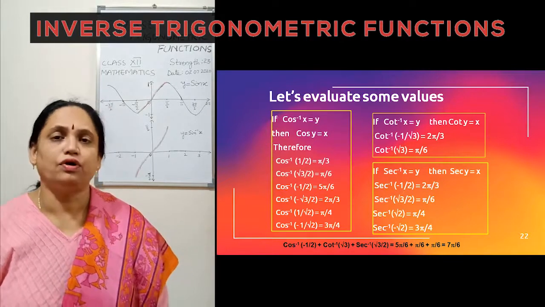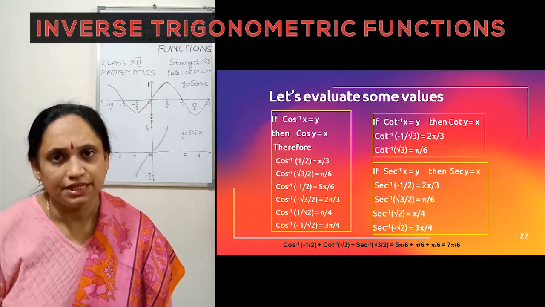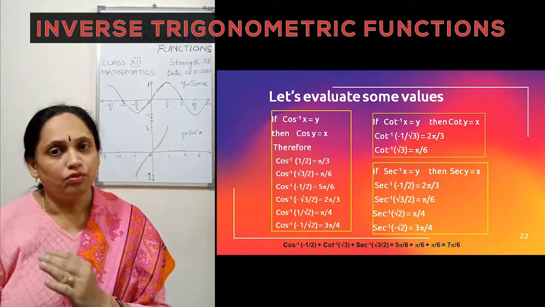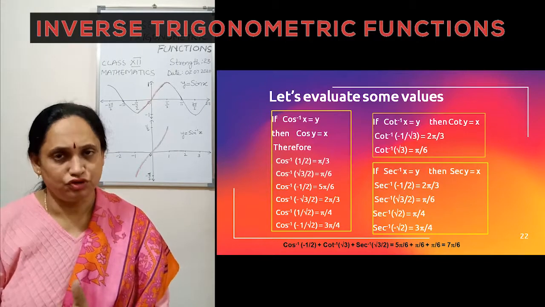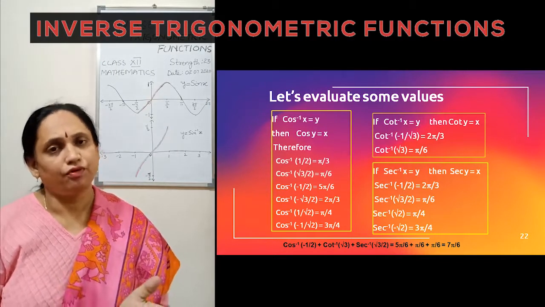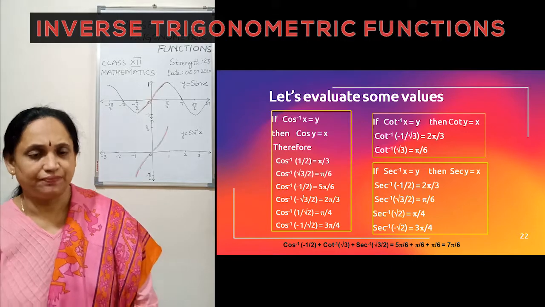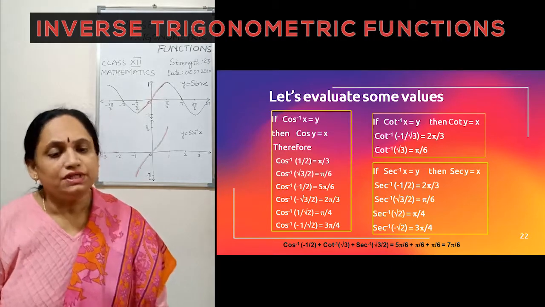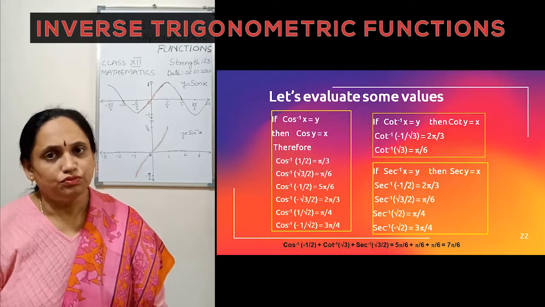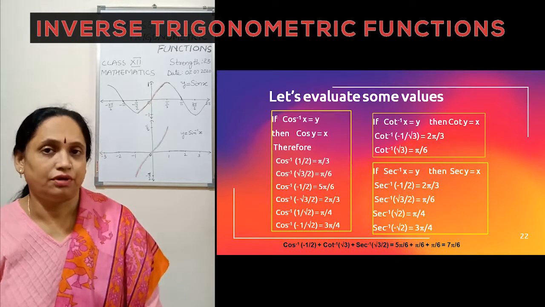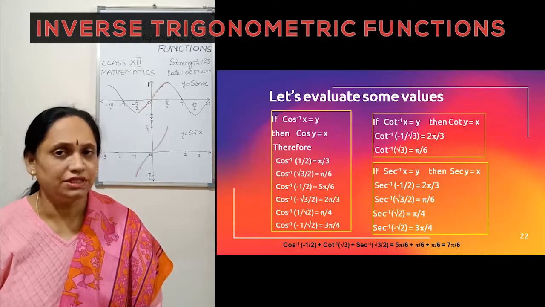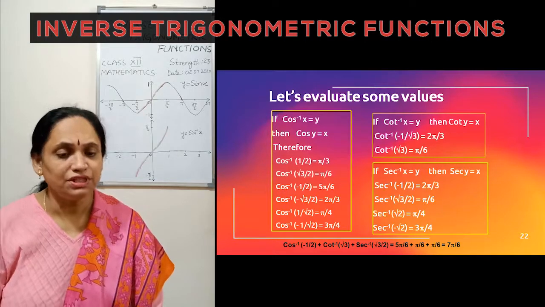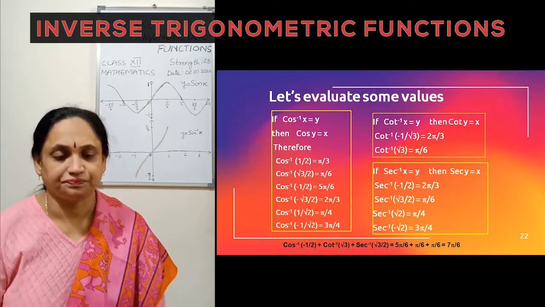And in case of cos, cot and secant, you will be using an acute angle and an obtuse angle. Acute angle for positive values and obtuse angle for all the negative numbers that you have with this. So cos inverse minus 1 by 2 is equal to an angle in the second quadrant. And how do we calculate the angle in the second quadrant? Pi minus theta. We use the rule pi minus theta. So by using that rule, we get 5 pi by 6.